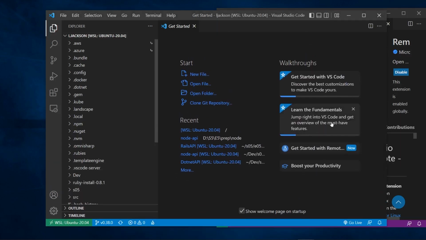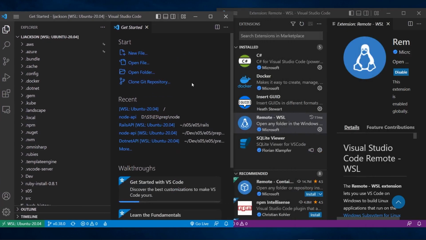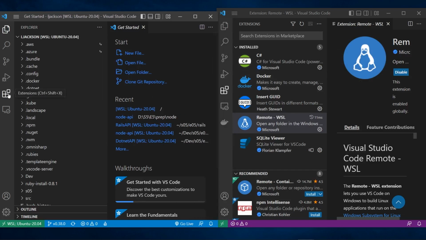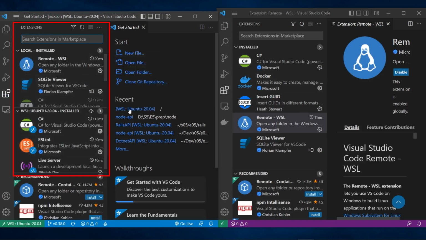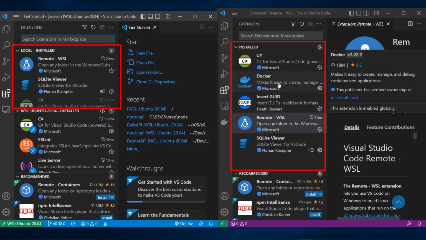And probably the only other thing to mention, just to labor that point, I'm trying to make these windows fit my largely magnified screen. If I come over to the extensions in my WSL instance of VS Code, make this a little bit bigger, you can see I've got a couple of things now. I've got what's called local installed extensions, and these should look familiar. These are just these ones here